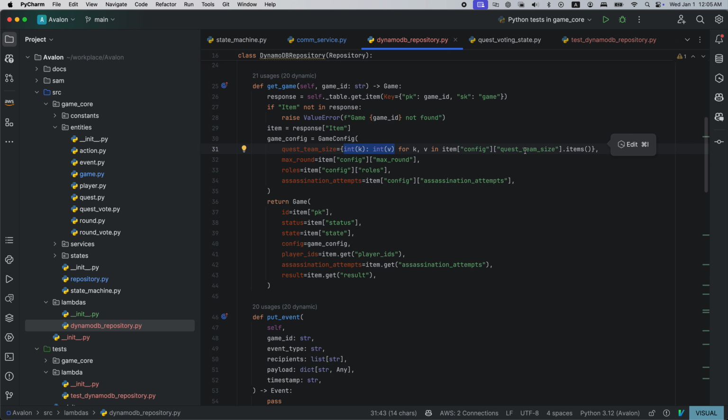But the thing is, DynamoDB uses decimal to store numeric values to keep its precision. So for us to be able to construct a proper game config entity, we'll have to cast the key and value from the database response to int explicitly here. So this is one example of the details we want to worry about.